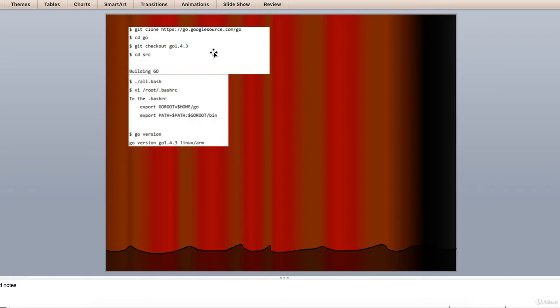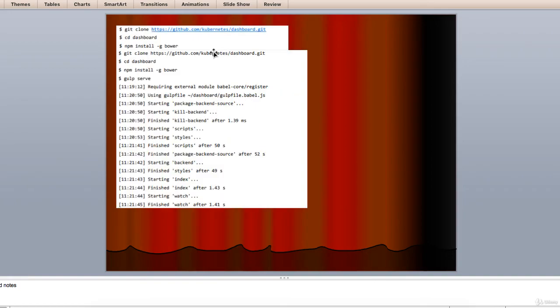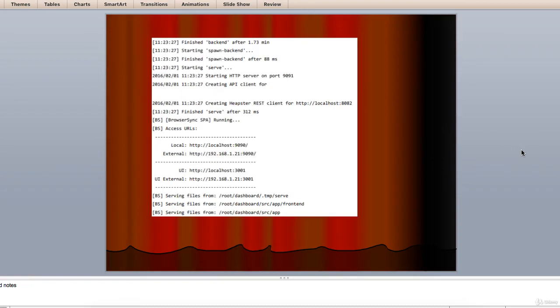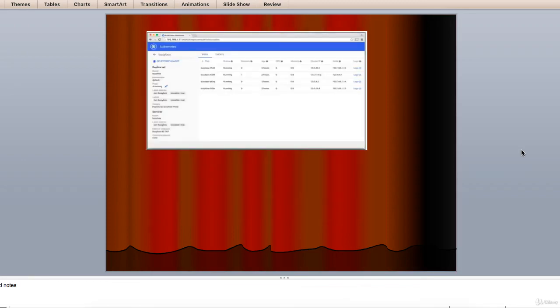Let's quickly move to installing the Kubernetes dashboard. Okay, so this is the complete details given here and the command which we need to run. This will help us install the Kubernetes dashboard. This will help run the dashboard. Now finally the dashboard is visible to us. The Kubernetes dashboard would be similar to this.